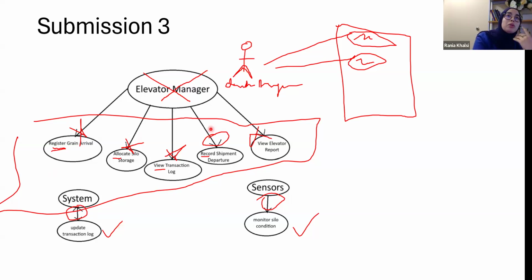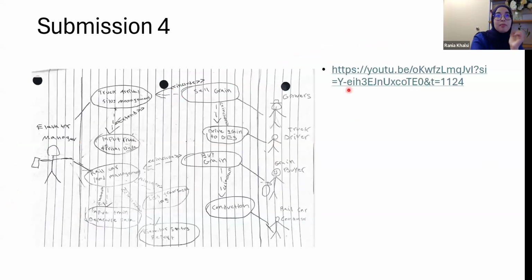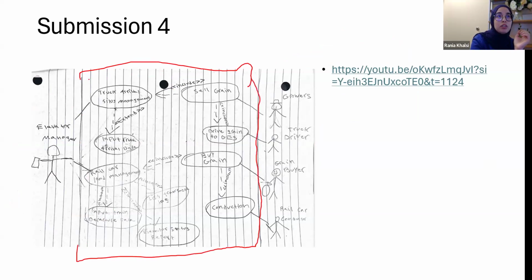But with this submission, we probably start seeing things related to the use case diagram. Things are getting better here. So we see that mainly this is the system part. Okay, we need to close. We have frontiers for the system. Maybe it's because of the picture. Let's suppose that this is our system. This is a student doing really great. So we have our system. We put our actors on the right and left side. I will come back to the actors. And in the middle of your system, you usually write the name of your system, which is missing here, and you have your